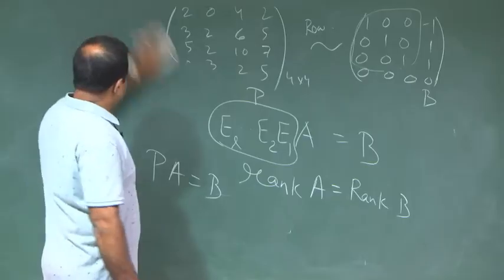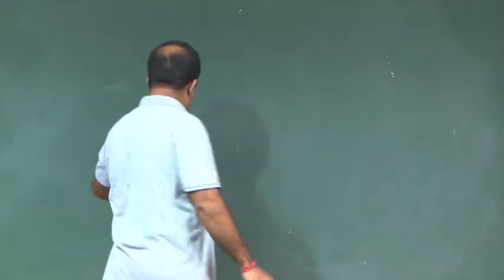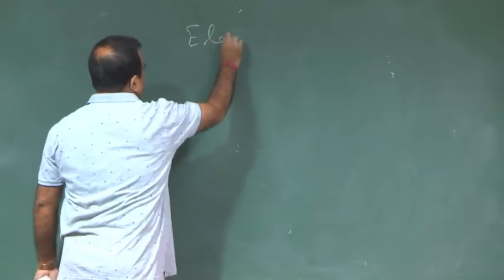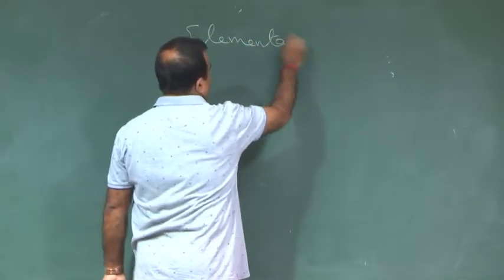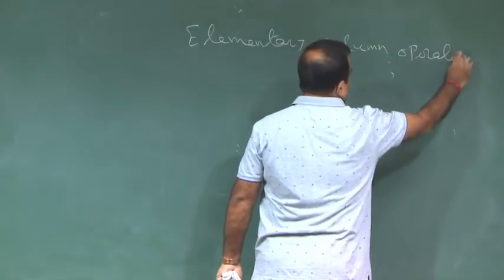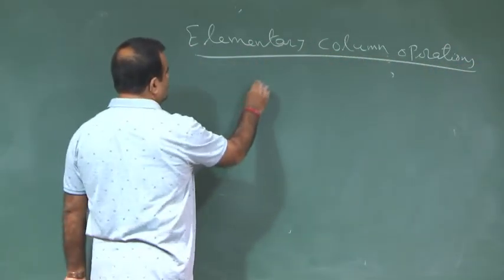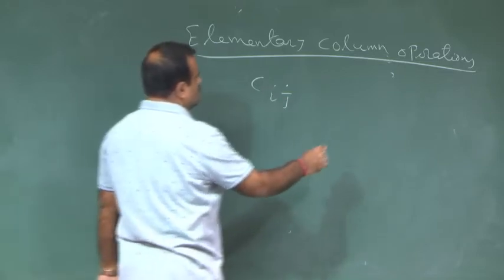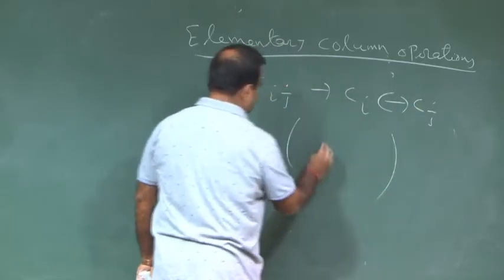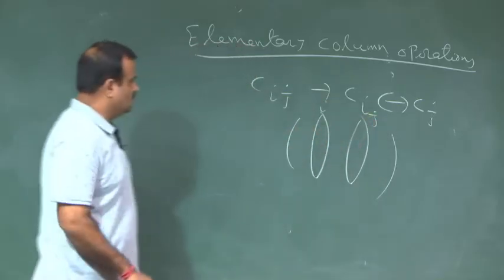So, for elementary column operations, what are they? The first operation is Cij, that means we are exchanging Ci with Cj. We have a matrix, this is the ith column, this is the jth column, and we are exchanging these two in our